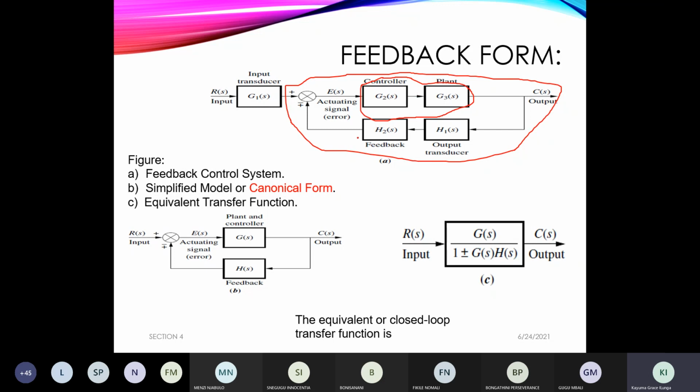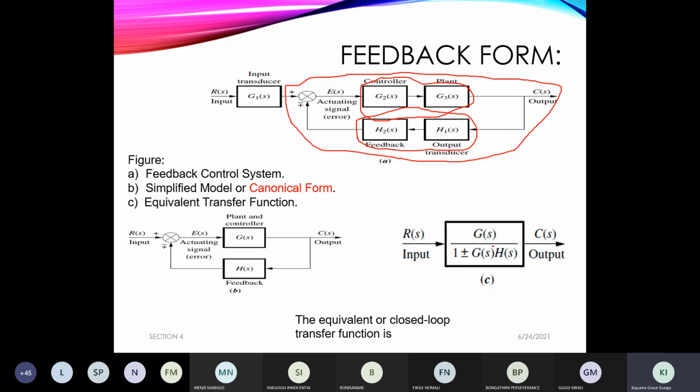And then for the second one, we have the feedback and the output transducer. They can also give us one block. So from this, now we can have two blocks, our input signal there and our output signal. So this one becomes one block and this one also becomes one block. So we still have our actuating signal. Then the output